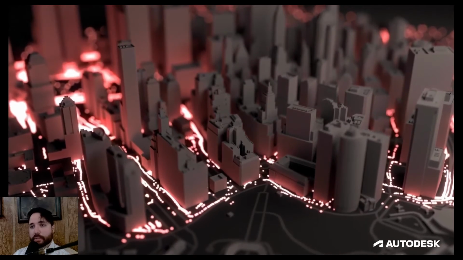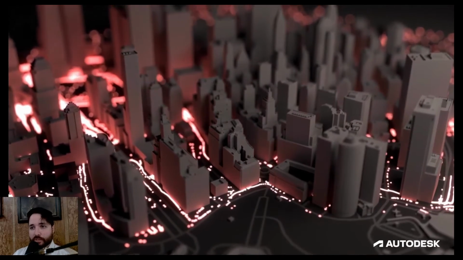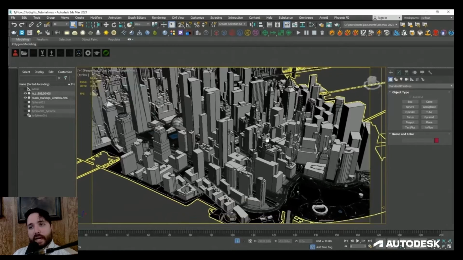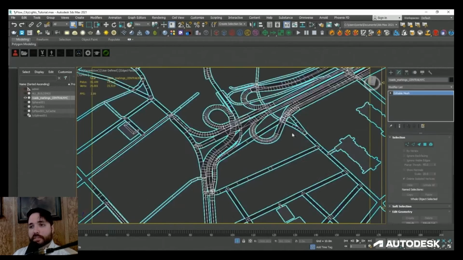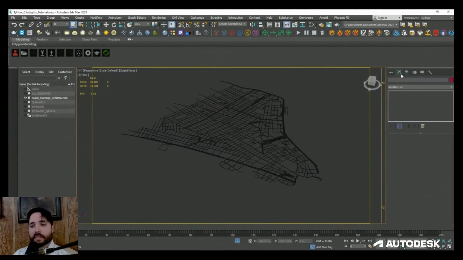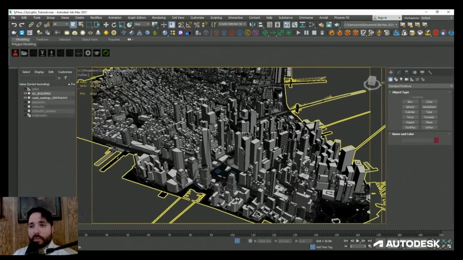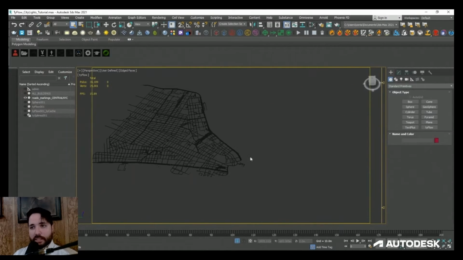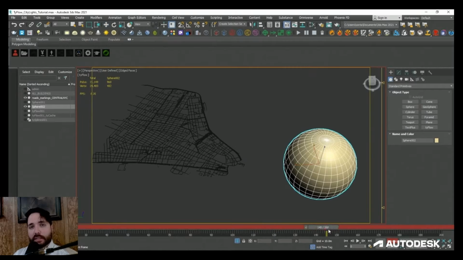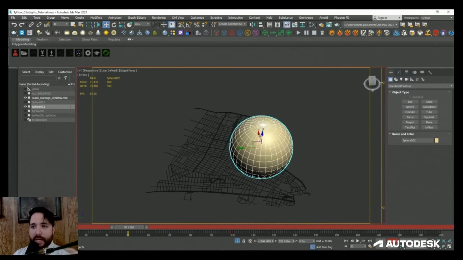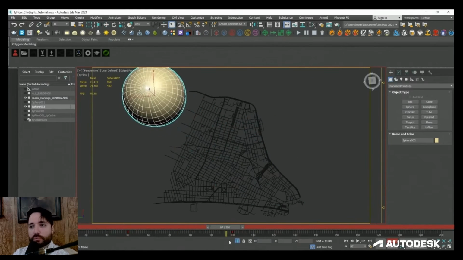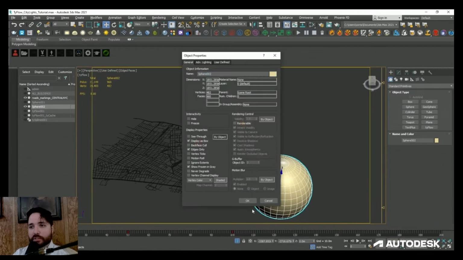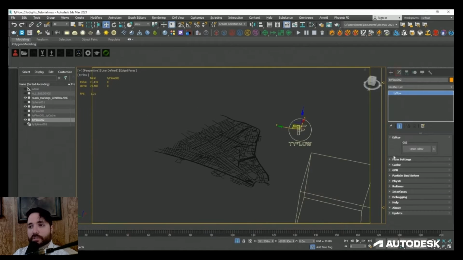This is the original animation I was telling you about, where it was taking the 2 hours per frame. But I wanted to see how fast I could render it within Omniverse and see how it could improve upon things. In 3ds Max, I had two models set up, one of the city buildings and a second one of the various streets. Now, the reason why I needed these as separate objects is because the streets were used within a TyFlow simulation to contain the car particles to just the roads.